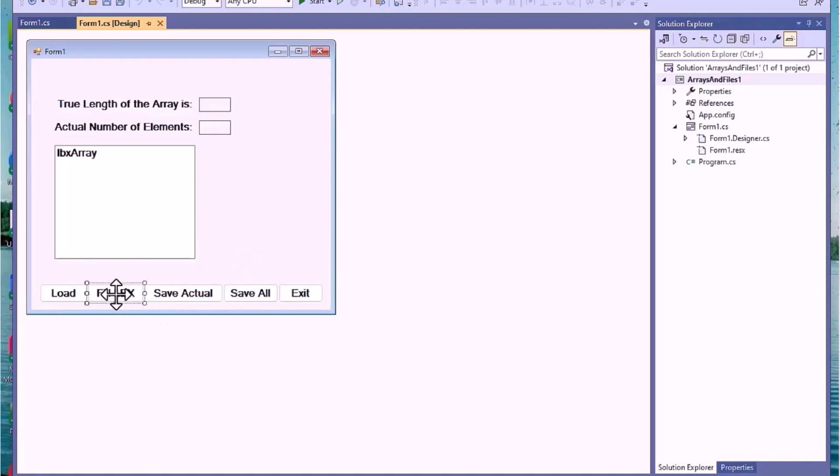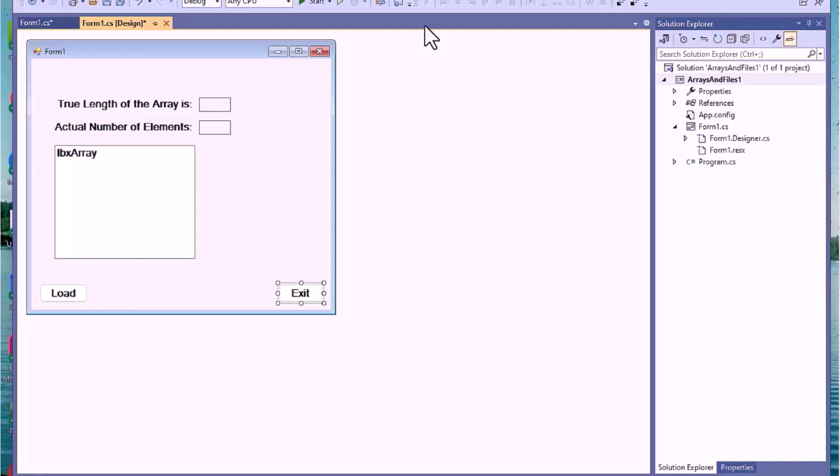In fact, let's go ahead and get rid of them, just so it doesn't confuse us. We'll just blow these guys away. We're not going to use them. We want to show the load piece here. The save is going to be the same no matter what, so we don't have to relearn that. But I want to show you the load, as it's going to be a different little piece as we move